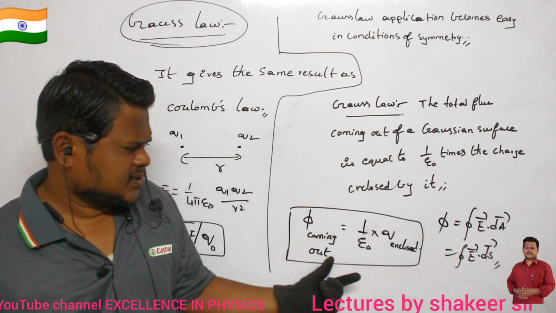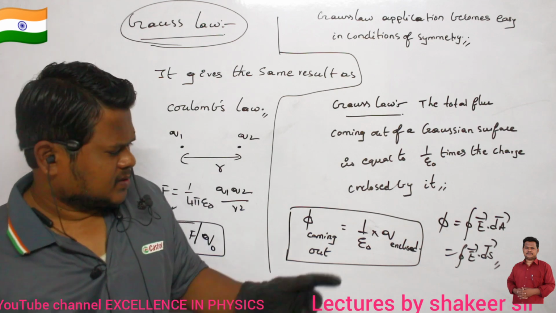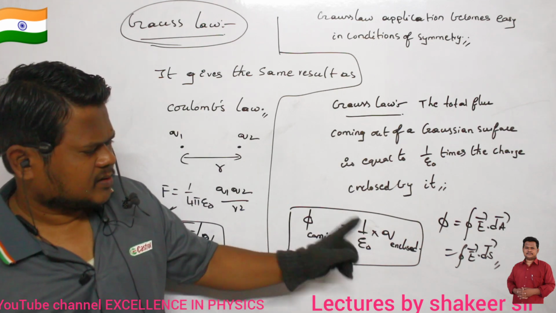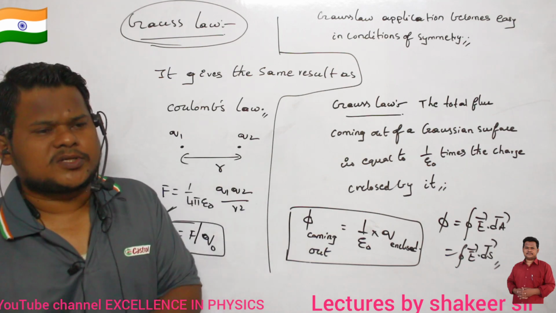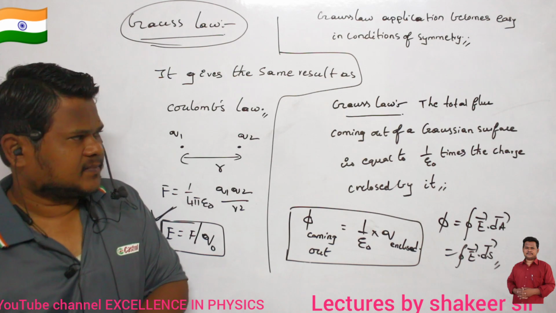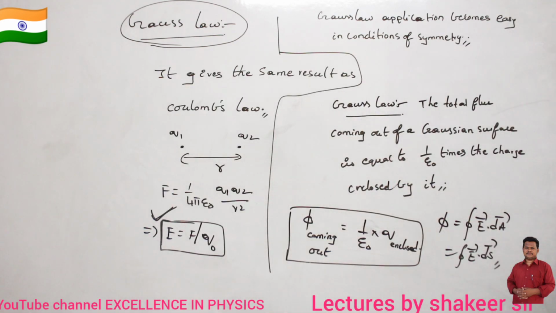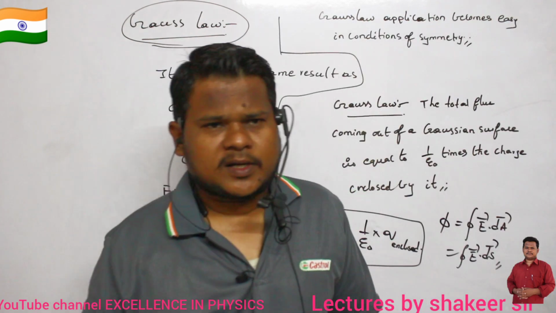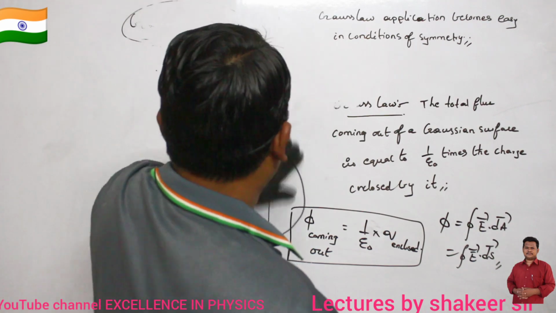Now this is another equation for electric flux with the help of Gauss law. So flux coming out of a surface is equal to 1 by epsilon naught times the charge which is enclosed by that Gaussian surface. That is the meaning of this. Clear? Make a note up to here, then we will further analyze this. So by combining these two equations of flux, what can I write?